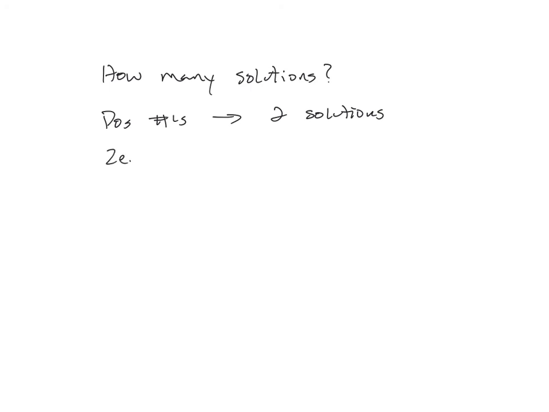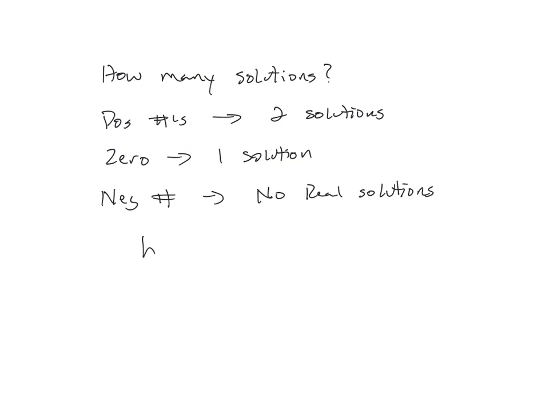The number 0 means 1 solution. And a negative number means no real solutions. Okay, so you're just doing B squared minus 4AC. Any positive number means 2 solutions, 0 means 1 solution, and negative numbers, no matter what the number is, means